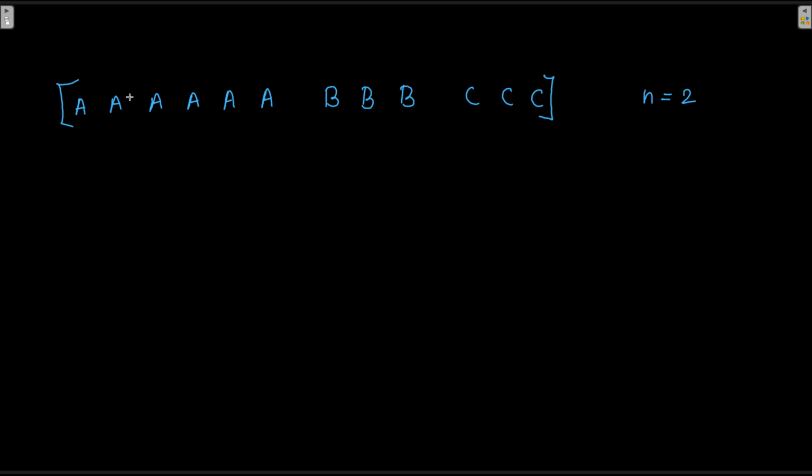So in this case, what is the quantity of A tasks? It is 1, 2, 3, 4, 5, 6. So I'll write 6 here. What about B? It is 3. And then what about C? It is 3 again. So from the frequency list, we can see that one task is going to take 6 CPU cycles at least. Another one is going to take 3 CPU cycles, and then the last one will take 3 CPU cycles.